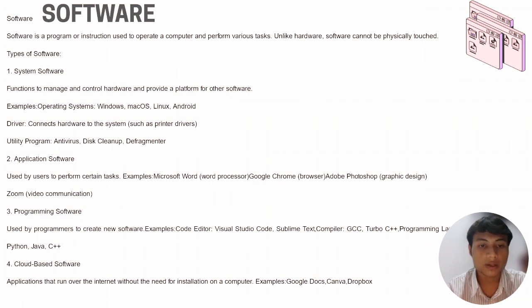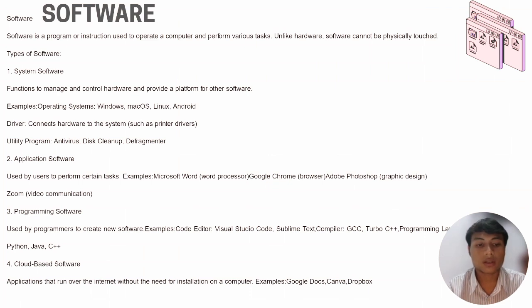These clean up the fragmented files. 2. Application software, used by users to perform certain tasks. Example: Microsoft Word processing, Google Chrome browser, Adobe Photoshop graphic design, Zoom for video communication. 3. Programming software, used by programmers to create new software. Example: code editor, Visual Studio Code, Sublime Text, compiler, GCC, Turbo C++, programming languages Python, Java, C++,